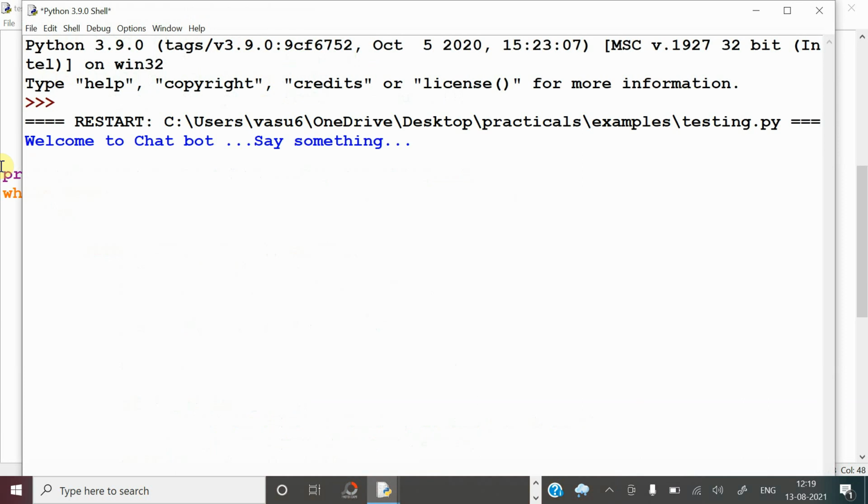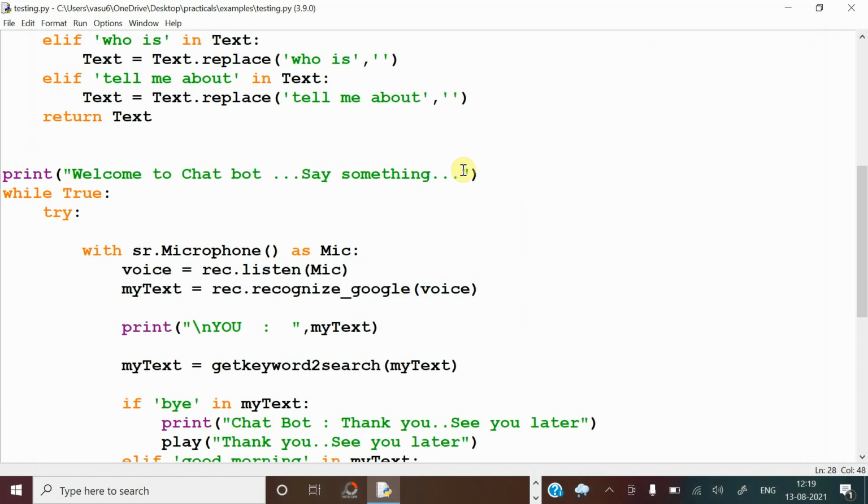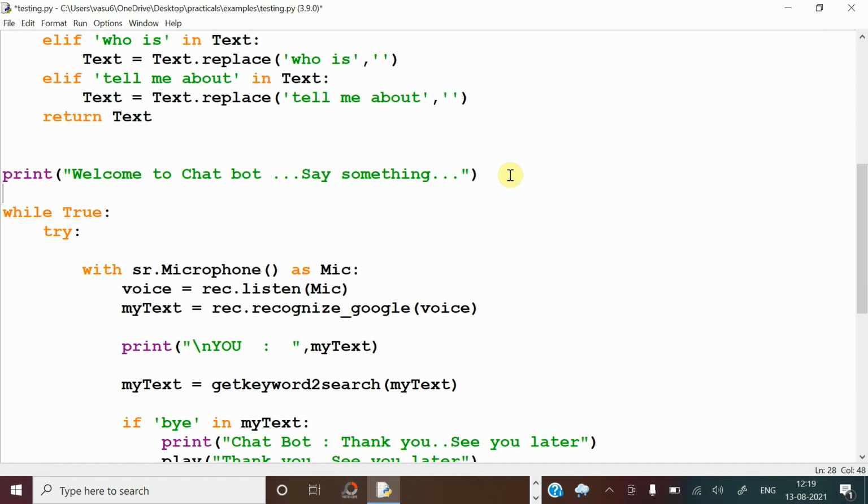If you want to repeat the same thing in voice, if you want to give the welcome message in the form of voice, then simply keep this under the play function, as we did for the others. Now let's run this program and check.